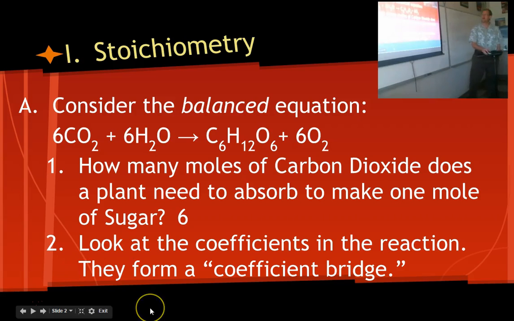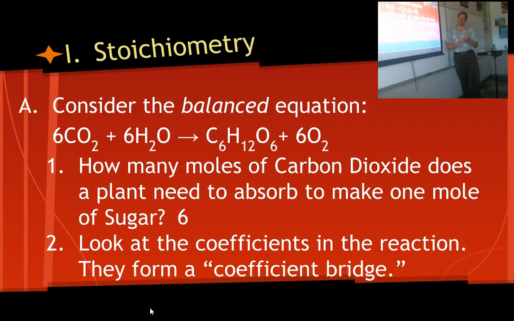Okay, so consider the balanced equation: 6 carbon dioxide molecules plus 6 water molecules gives you 1 molecule of sugar and 6 molecules of oxygen. How many moles of carbon dioxide does a plant need to absorb to make 1 mole of sugar? The answer is 6. And so one of the things you can do with moles is to create mole ratios